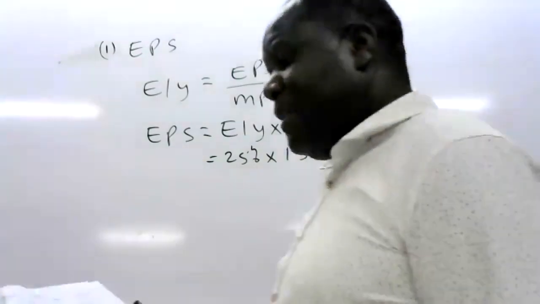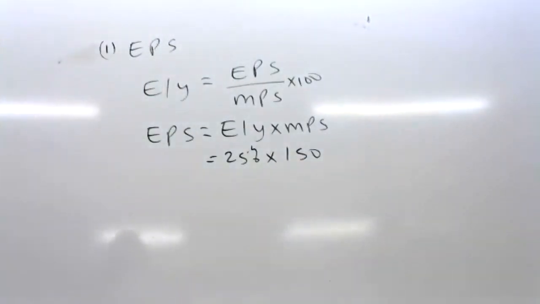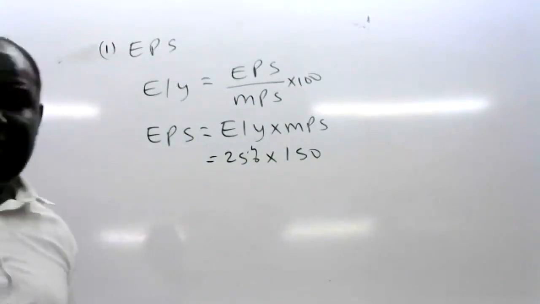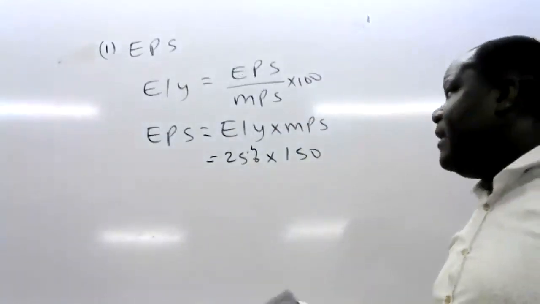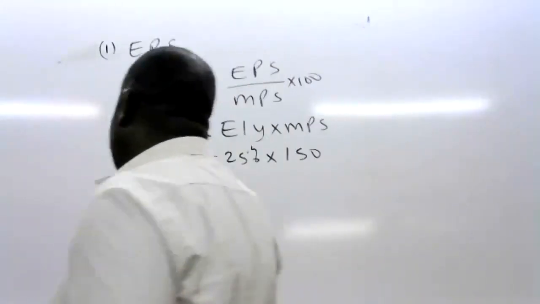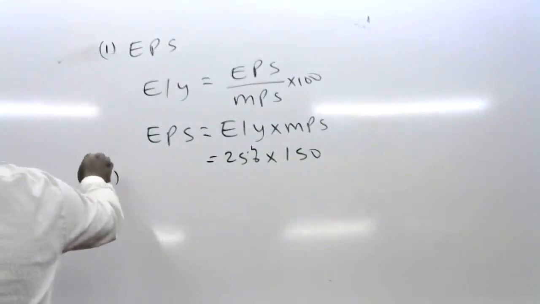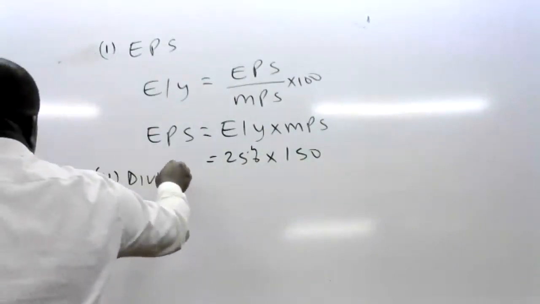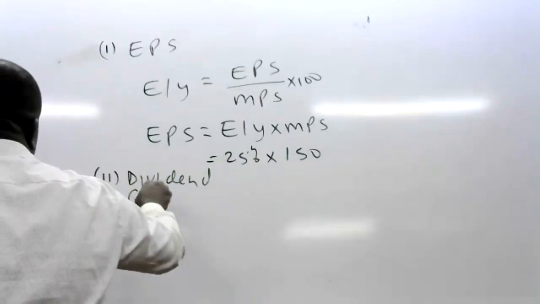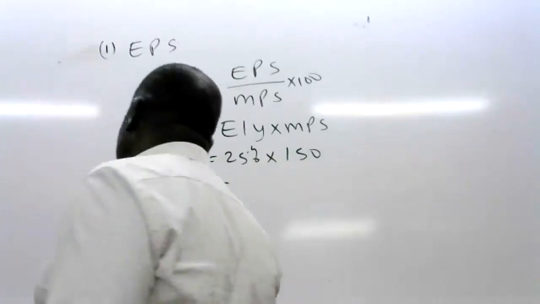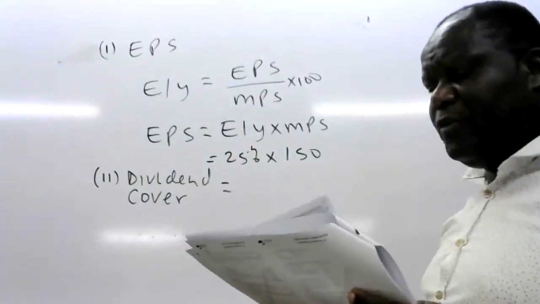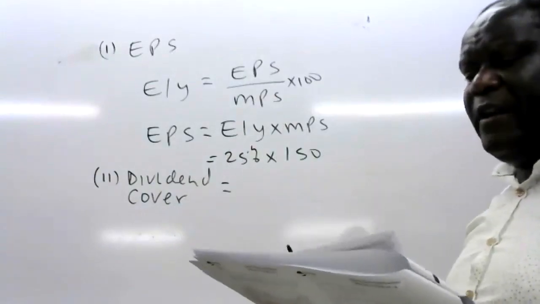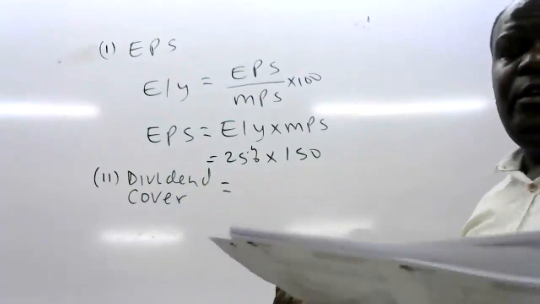So we go to Roman letter 2, where we also compute the dividend cover. From the notes, I've given you two formulas for that. So dividend cover is given by earnings available to the ordinary shareholders